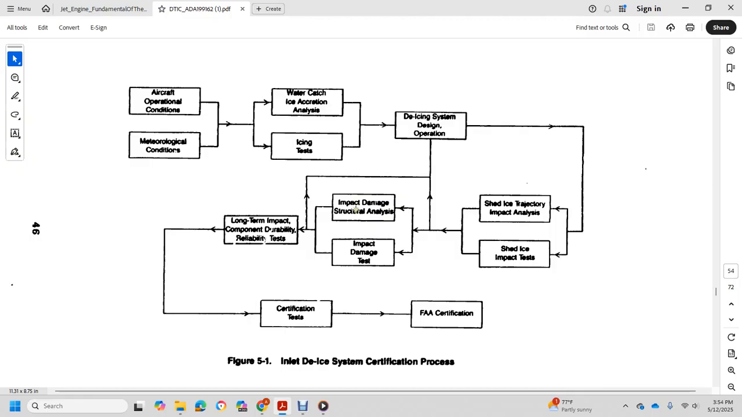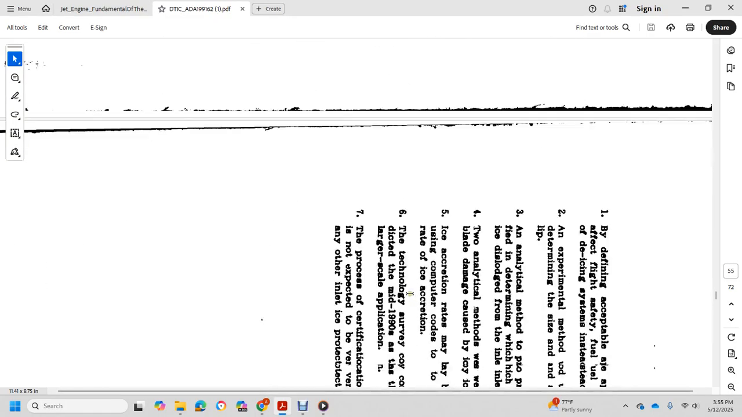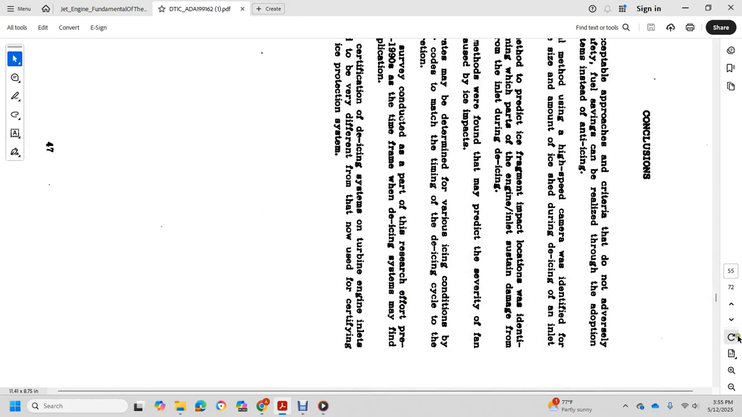From the impact design structural analysis and impact design test come long-term impact, conventional durability and reliability tests, certification test, the FAA certification, and then conclusions, and